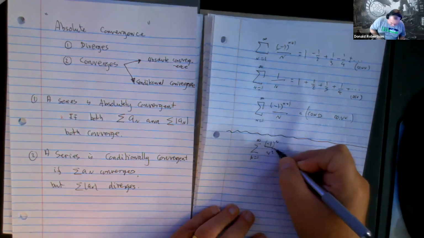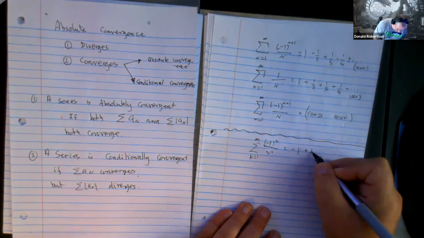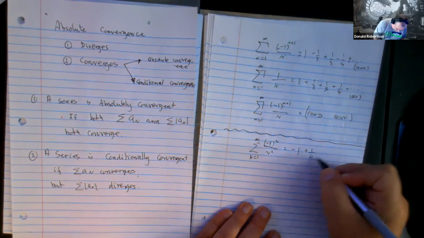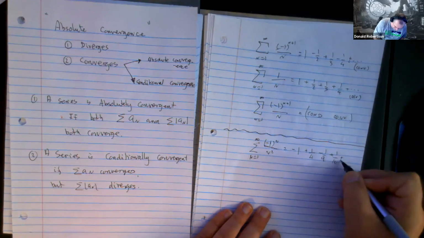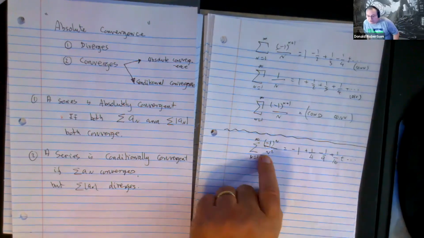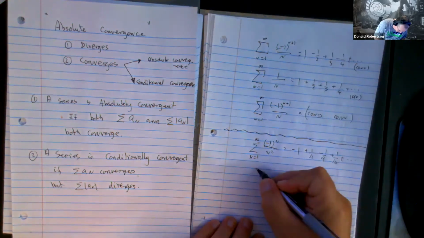Take that guy. He starts off with a -1, then you add a quarter, then you take away a 9th, and then you add a 16th, right? That's what it would look like. Now, can we just say that's an alternating series and it converges? You can tell just looking, right? It converges. Now, if you make everybody positive,